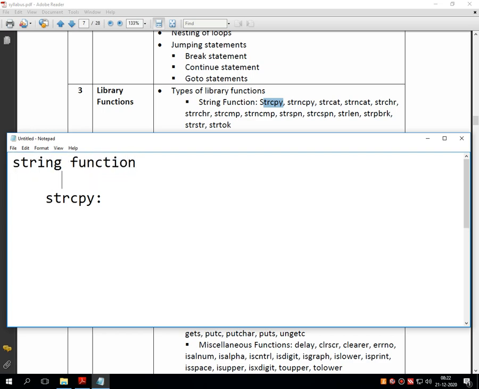Now, suppose we want to use any of the string handling functions in programming in C, then a special library we need to include in the program, that is string.h. That means before writing the main executable statement of the program, you need to include string.h in the group of library functions.